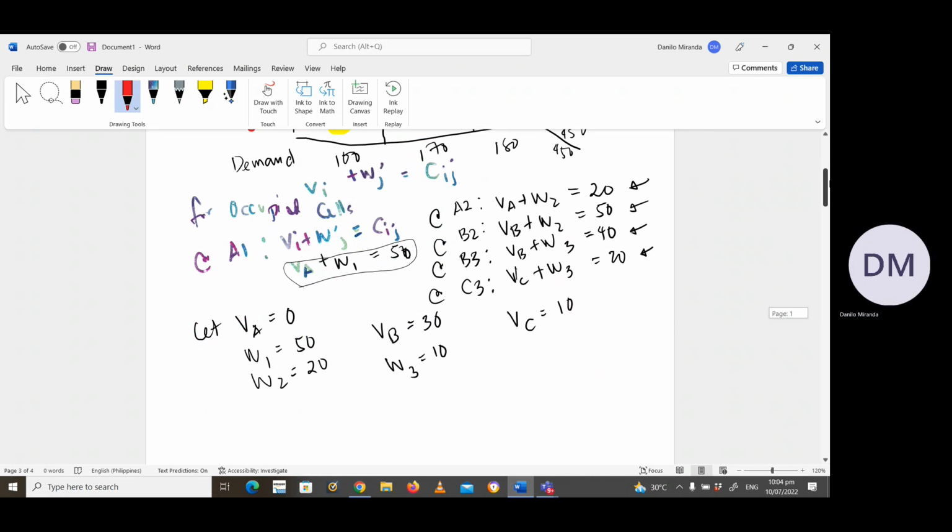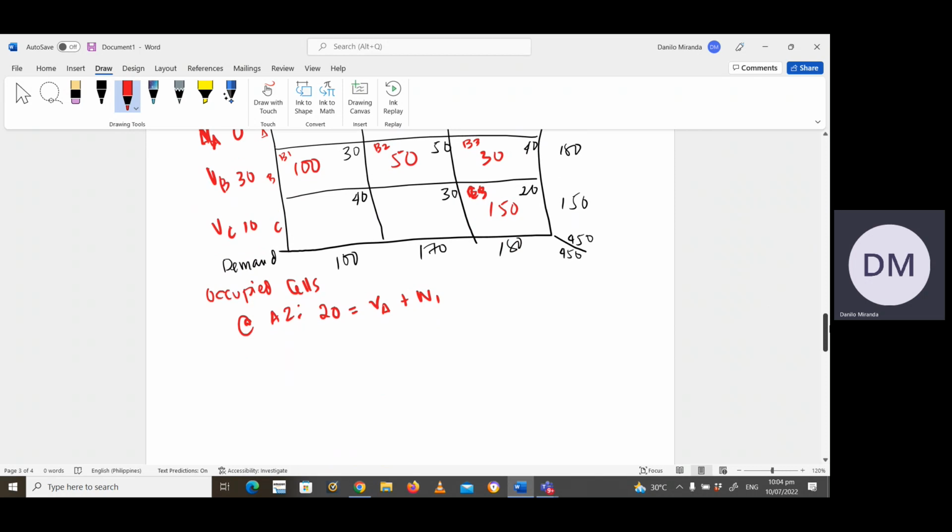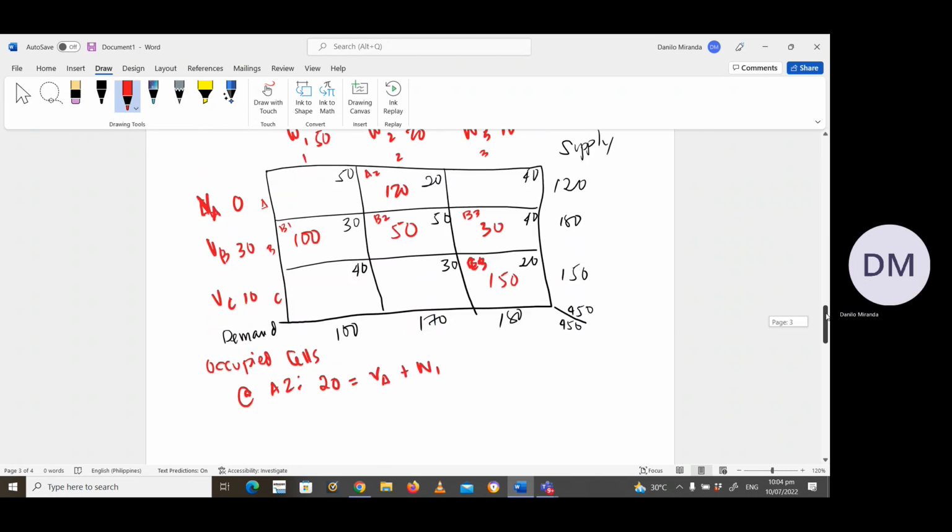Tama, plus, no? Okay. BA plus W2. Plus tayo dyan. Okay. And then, occupied cells, we have B1. So we have 30 is equal to BB plus